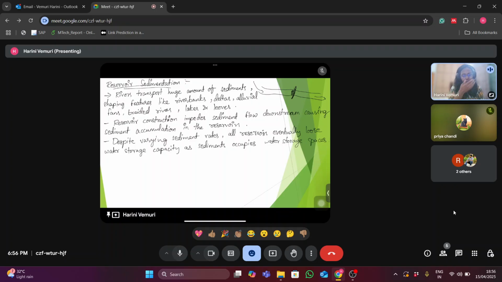Okay. According to the International Commission on Large Dams report, the global average sediment rate is around